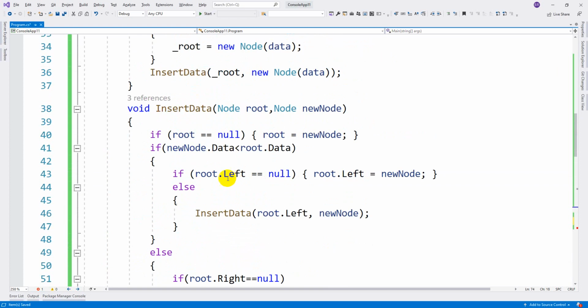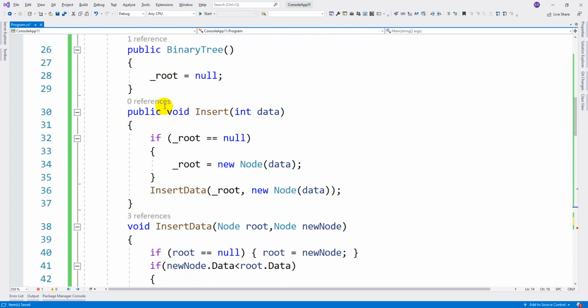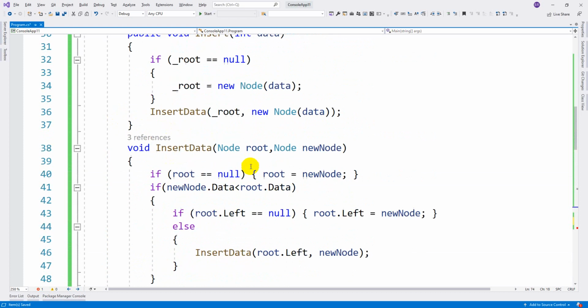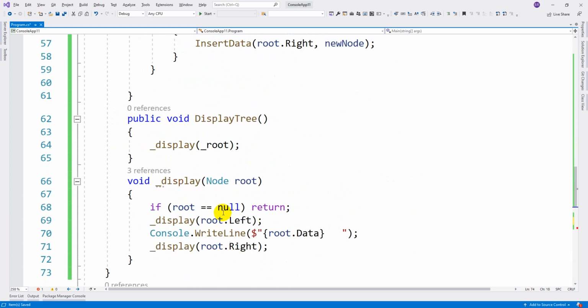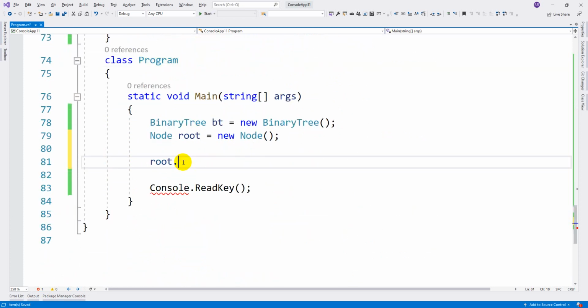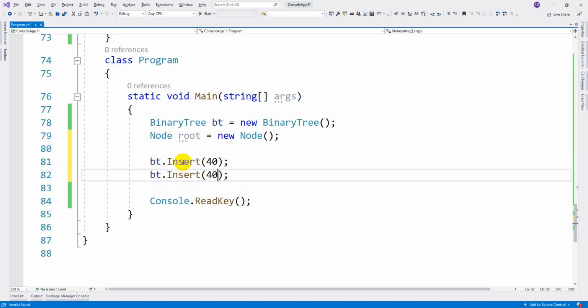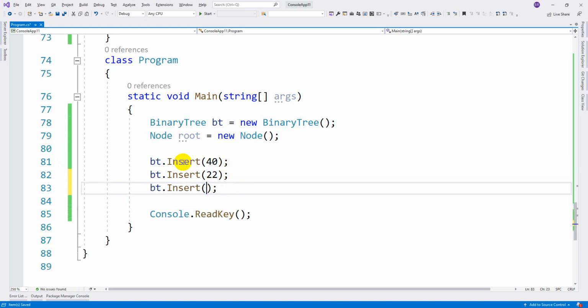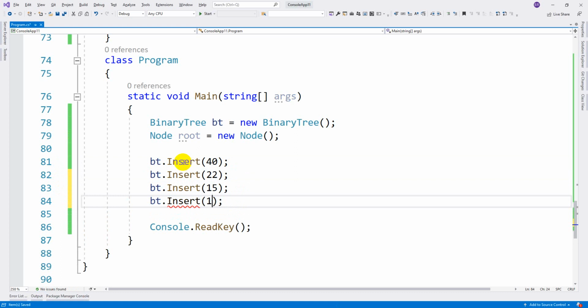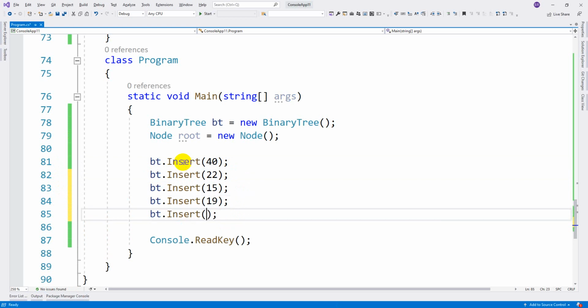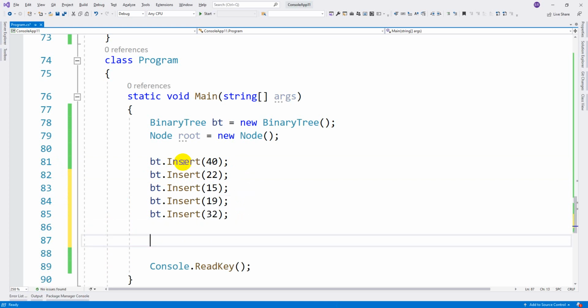It's public only. Let us pass some values: 40, 22, 15, 19, 32. I am passing some elements randomly. Then bt dot display tree. That's it guys.